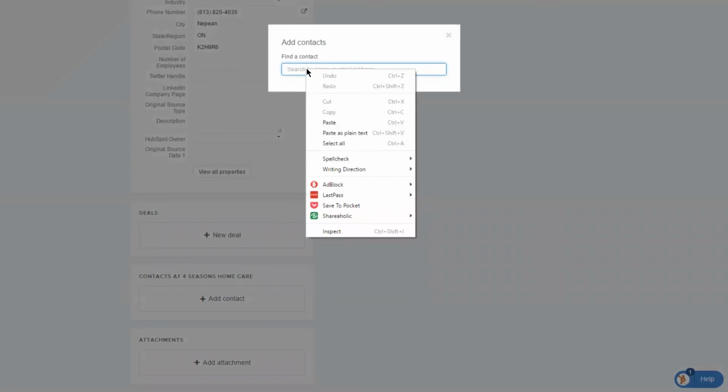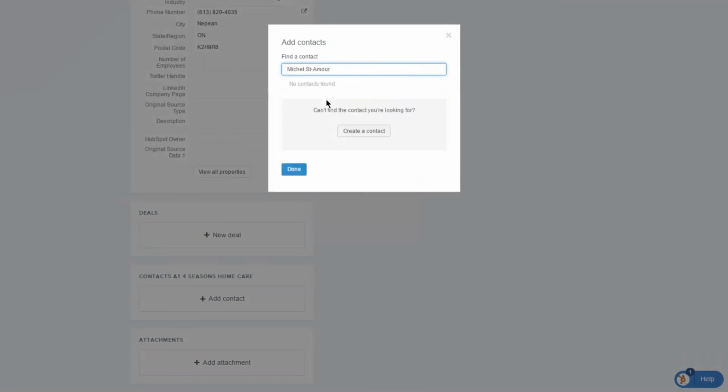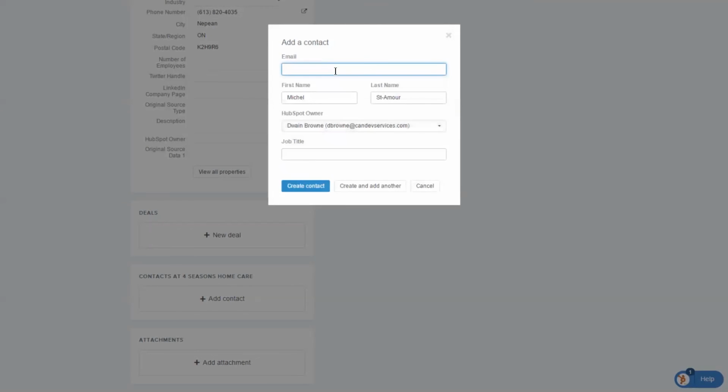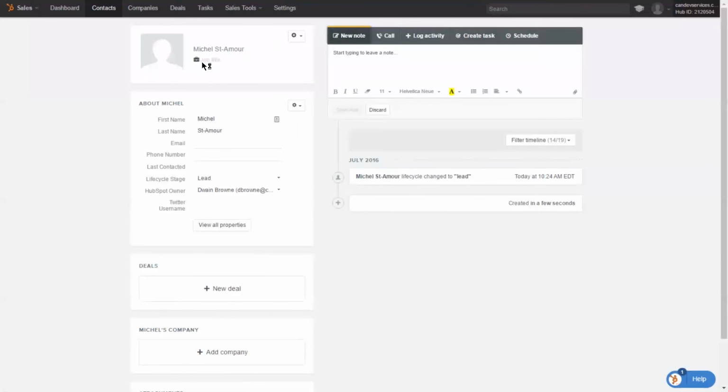Then we'll paste that contact into the box at the top, which that name will not exist. If it does, it does not matter. You still want to create a contact. And you're going to click create contact, not click on done, because that won't work. Once you create the contact, you obviously don't have their email address at this point. If you notice, this has been assigned to you. In this case, it's assigned to me. And then you click create contact. This will then switch you directly over to the contact itself.